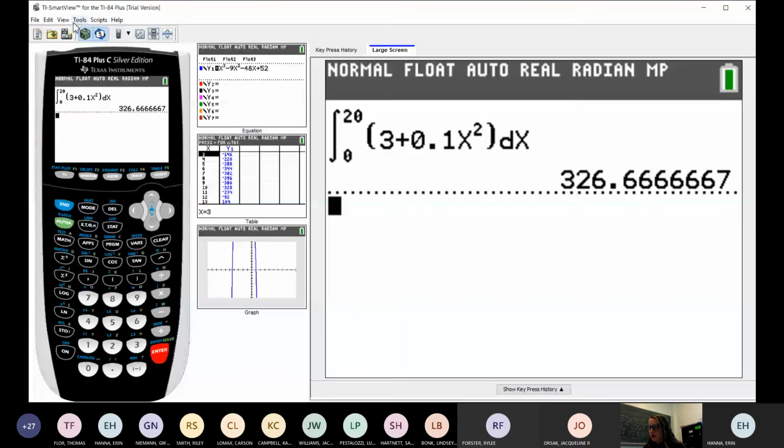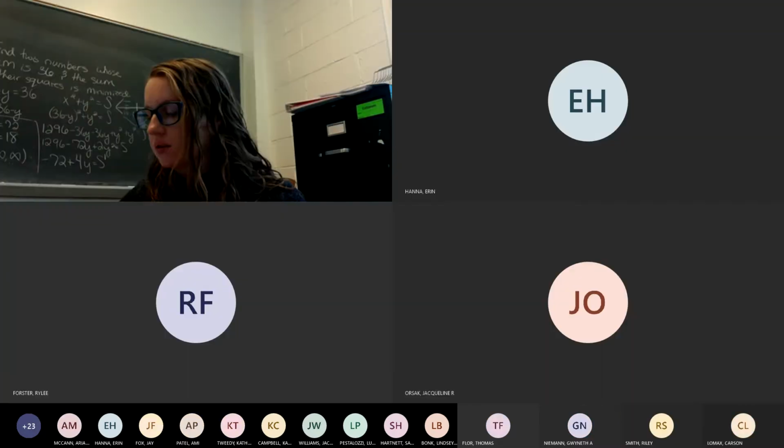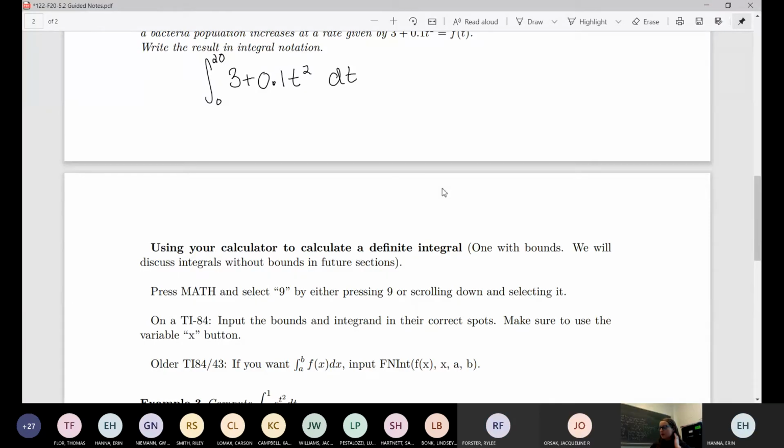It seems like they only have the TI-84 Plus, which is still a newer version. So, let me unshare this really quick. If you have an older calculator, you still hit math 9. You still hit math 9, but then it comes up with fnInt and then blank. And so what you're going to need to do,